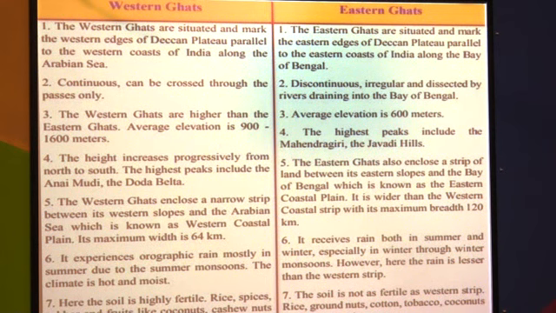So students, clear? We have just discussed the peninsular plateau. It's a very important landform of our India. It spreads from north to south, near the Aravalli range, the eastern part of the Aravalli range, and on the southern side the Eastern Ghats and Western Ghats. These are the boundaries of this peninsular plateau. And the peninsular plateau is divided into two sections. The northern part of the Narmada river is called the Central Highland, and the southern part of the Narmada river is called the Deccan Plateau. And we have just seen the difference between the Western Ghats and Eastern Ghats.